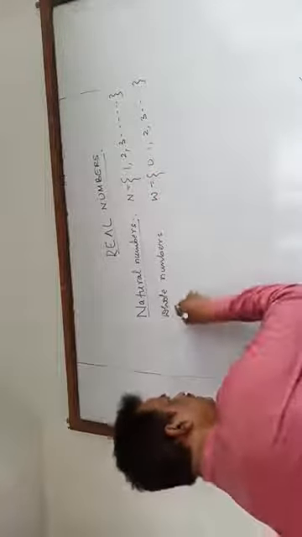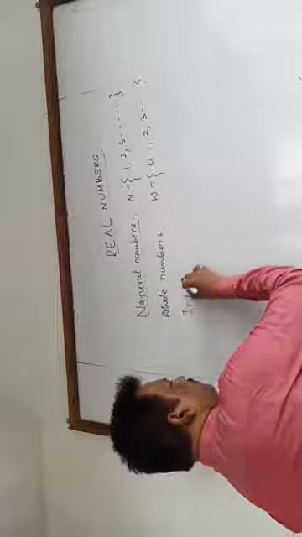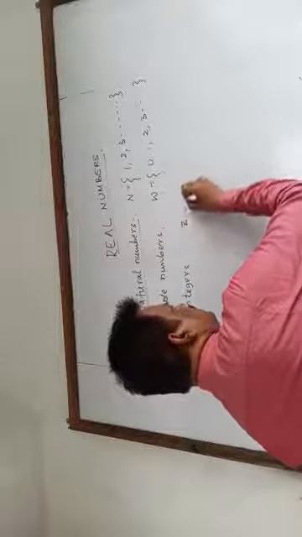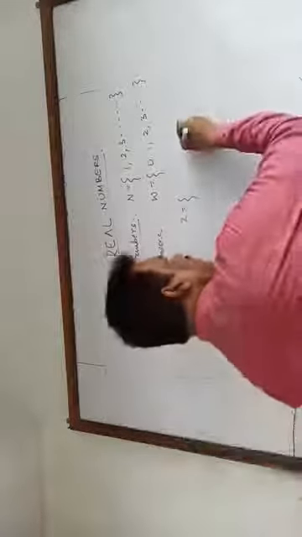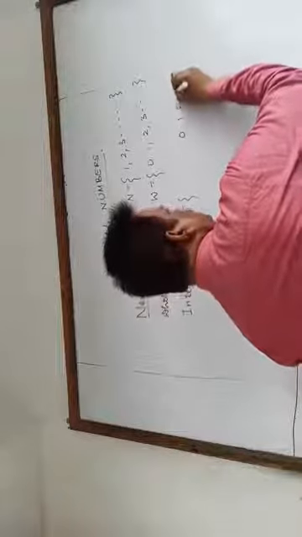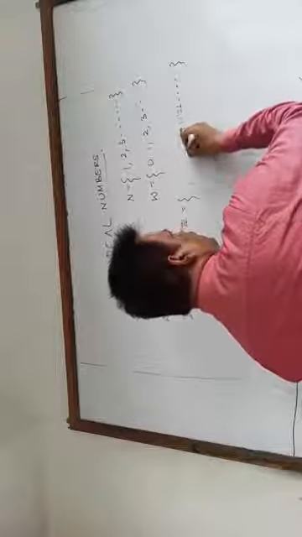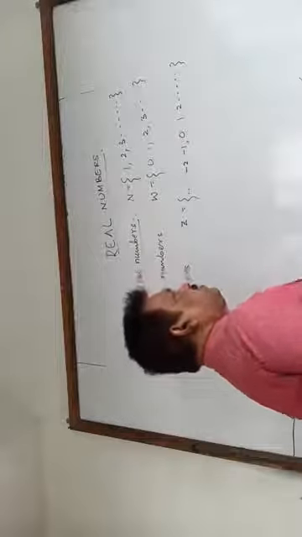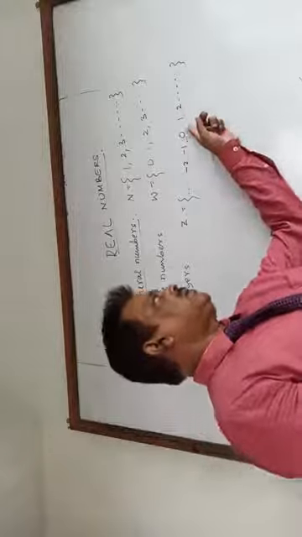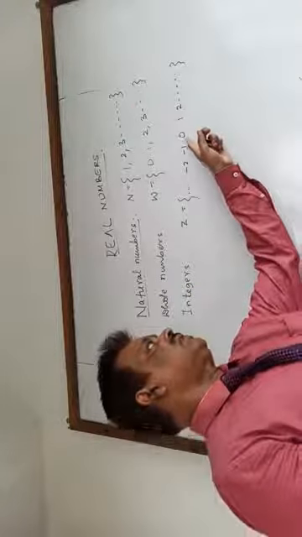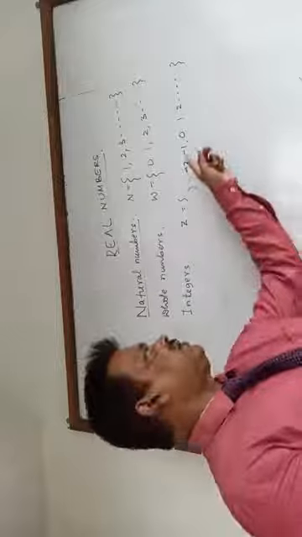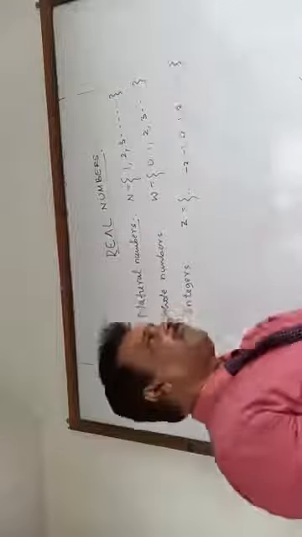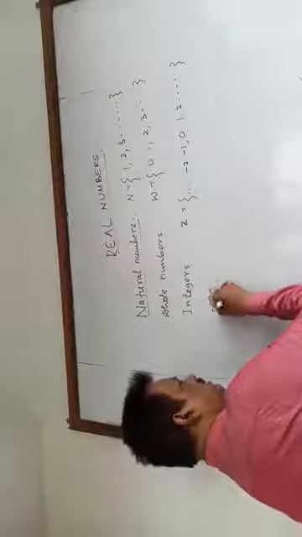Then we started with integers. Integer symbolized as Z. That means it includes 0, 1, 2, all these. Also negative numbers, negative integers are included here. So that is the whole set of integers, means all the positive integral numbers, negative integral numbers. That will be called as integers. Now you never find the fractions here. Then it starts with another one,